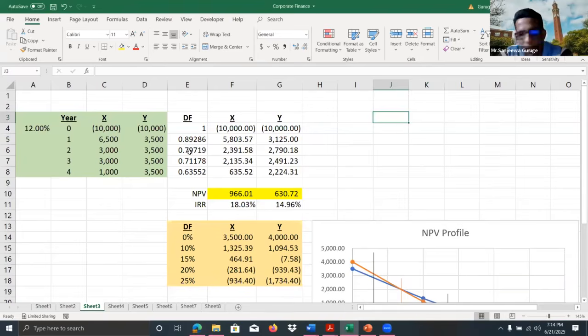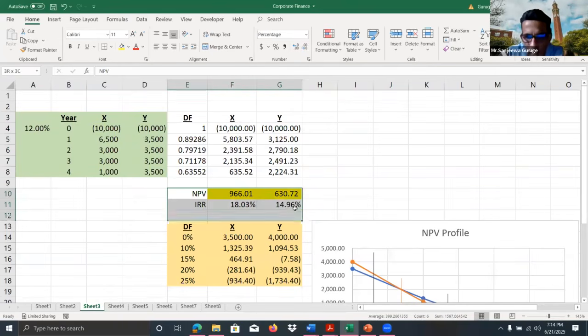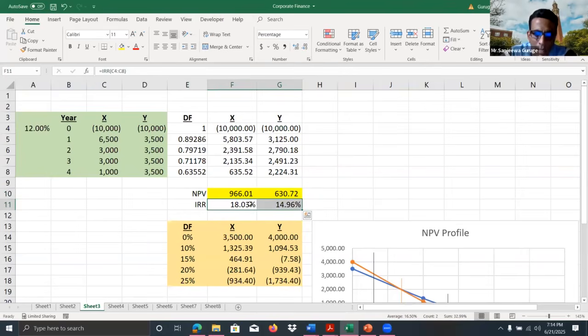So when we calculate NPV at the current cost of capital and IRR using the cash flows, right, we get these answers. So these are the NPV of the two projects and the IRR of the two projects. So is there a conflict between NPV and IRR ranking for these two projects at the current cost of capital? Is there a conflict? There is no conflict, right? Because when we compare the two projects, the project with higher NPV is X. And when we compare IRR, the project with higher IRR is also X. That means there is no conflict.